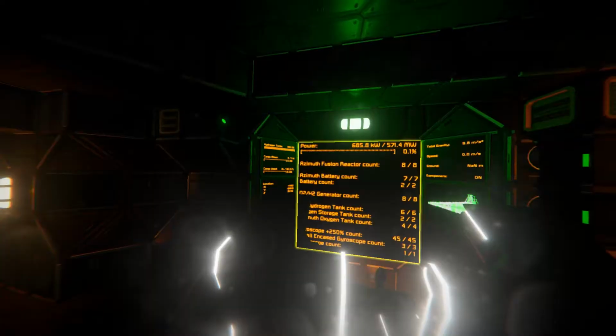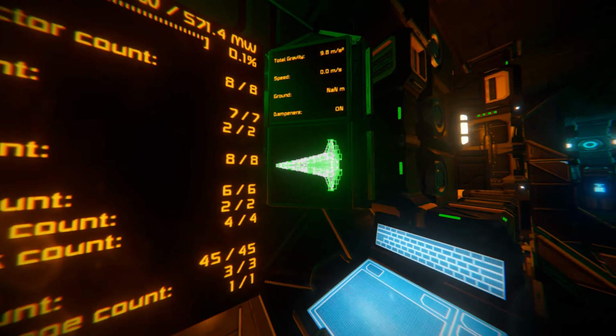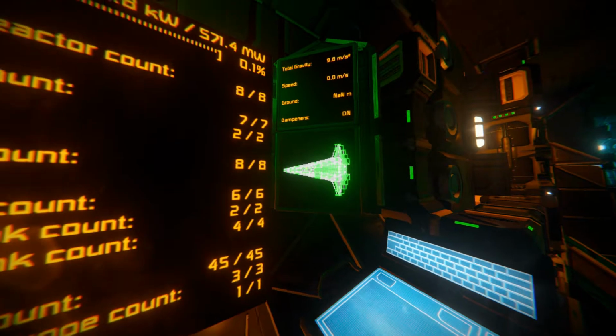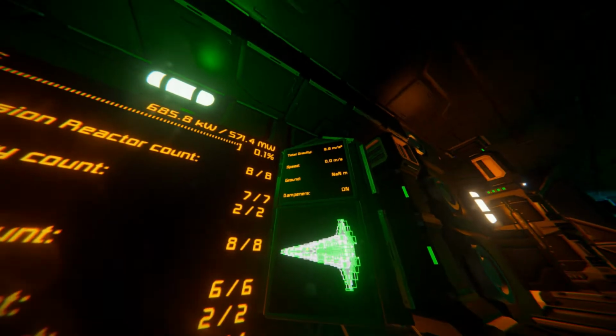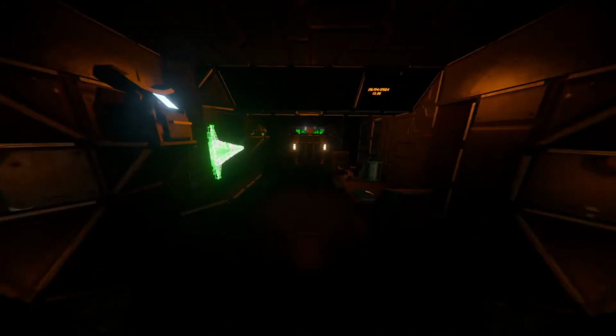fine. Now on the right over here we have a projection of the ship itself, and you can see that everything is running normal, everything is green, everything is going fine. Nothing is broken. Total gravity, speed, ground, like how many meters the distance to the ground is. Dampeners too. So yeah. Up here we got a little relaxing table, like if you want to take a break